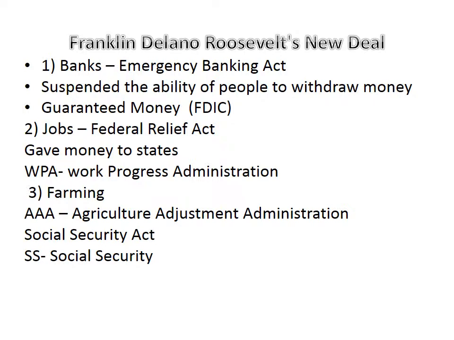If you've ever gone into a bank, you might see a black plaque with gold lettering that says FDIC. It means that your money is guaranteed up to a certain amount by the federal government. So you don't have to worry about going in to get money out and there not being any money. That's a big thing, so that people have faith in the American banking system again and start putting their money back in the bank. And that's huge.